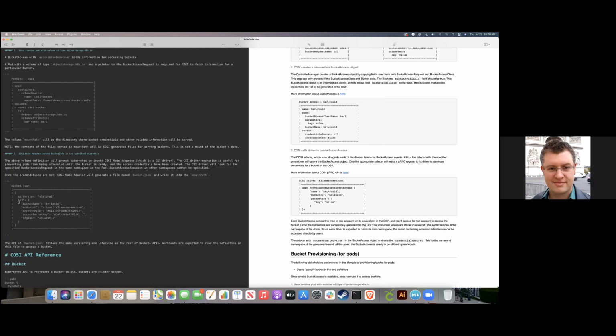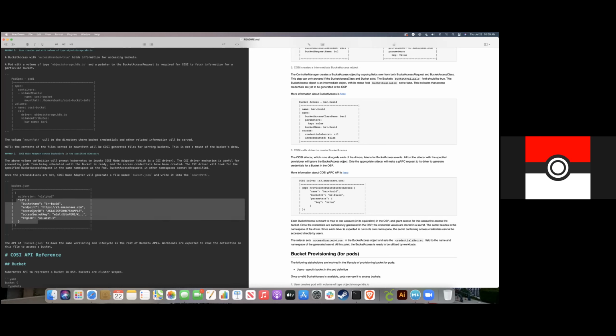And it all needs to look more or less the same in those three places, I think. It's a two-step process. The bucket name, endpoint, and region, in the case of S3, would be filled in from the response to bucket provision or create bucket.